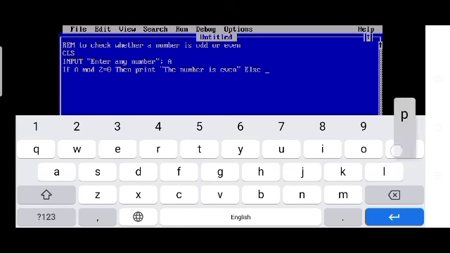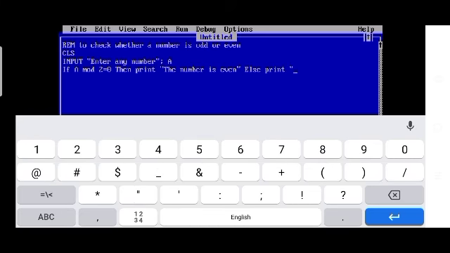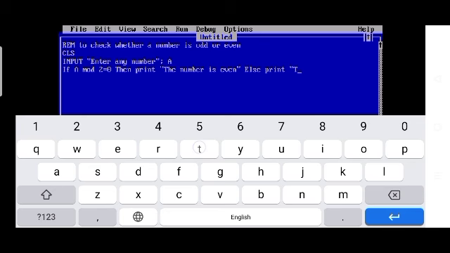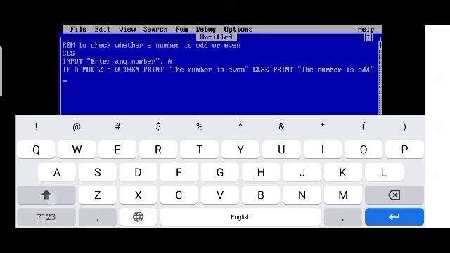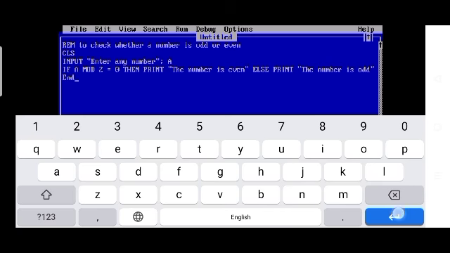Else print "The number is odd". And done.